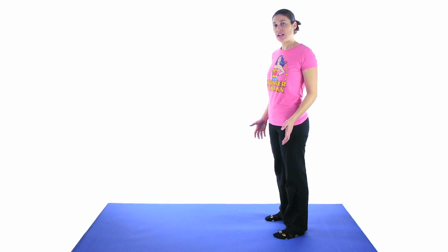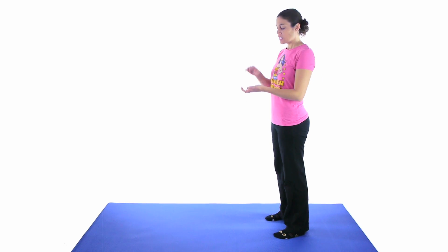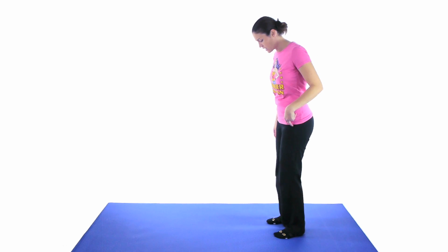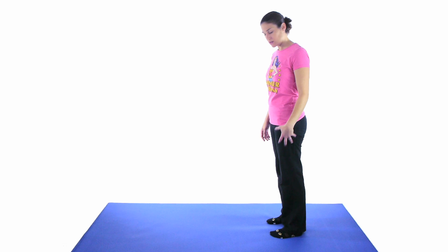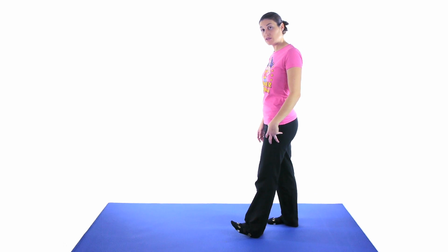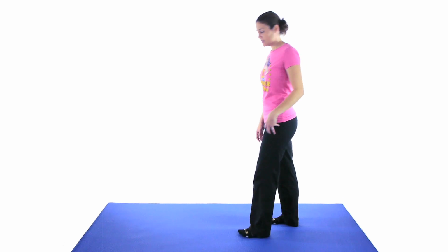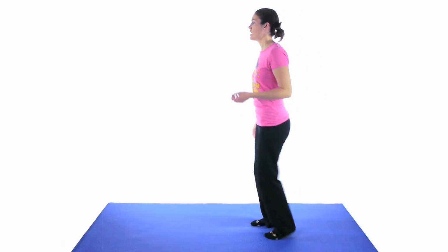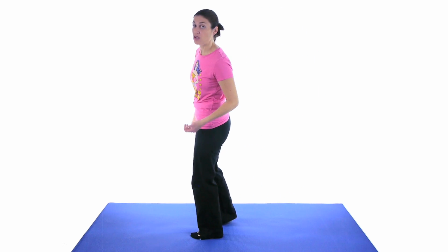So for the gait training, when you're walking normally, your heel hits first and then you roll through on your toes. After a surgery, hip surgery, knee surgery, a lot of times our calf muscle becomes tight and we kind of hit like this and we don't hit our heel first, and then that makes us kind of limp on that leg. So if you're limping on the leg, you still need an assistive device, because if you're walking around like this, then your muscles are going to get in that bad habit